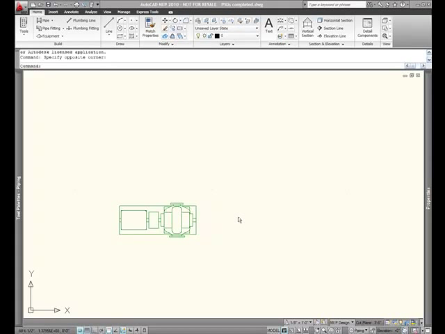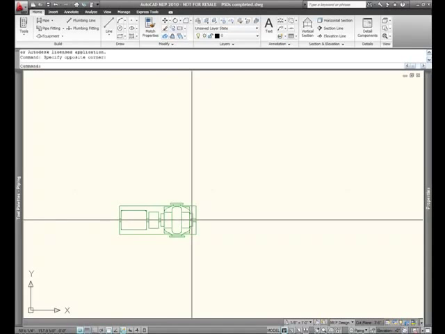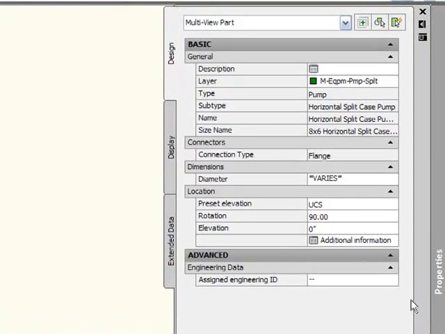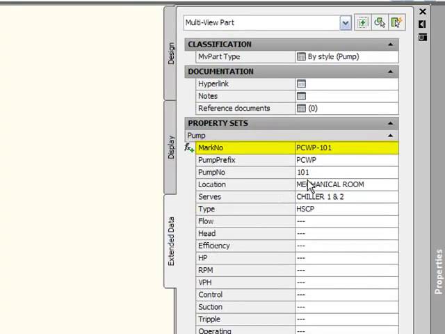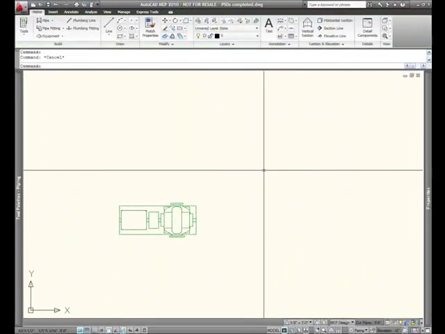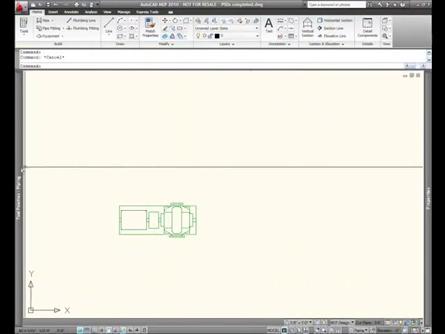Alright, so what we're going to do with this video is establish how to create a company standard tag. There's a few things we want to review from the previous video, which was property set definitions. We can take a look at how this pump already has the property set definitions assigned to it. So here they are. They've already been created, and we're going to leverage the mark number for our schedule tags,